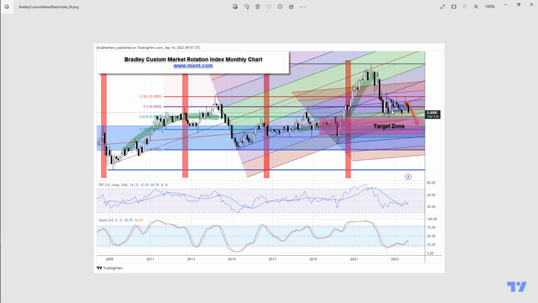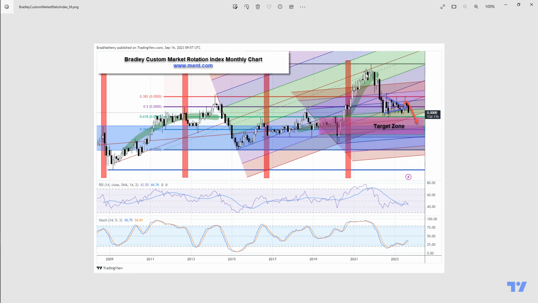Okay. So what we have here is this rotation. This is basically showing phases of the market. There's literally one channel, two channels, three channels, four channels across here, and then a fifth channel way up here. So if we break down below this fourth channel, we're going to move down back into this third channel, which would represent a 10 or 15% or more downturn in the market. We're already seeing it weaken and we're seeing it lose support.